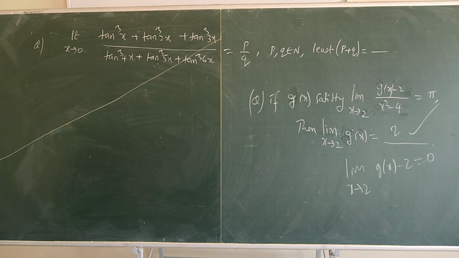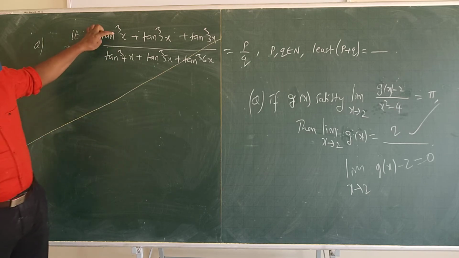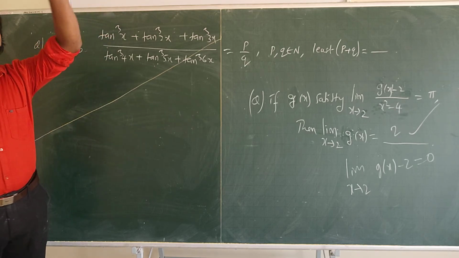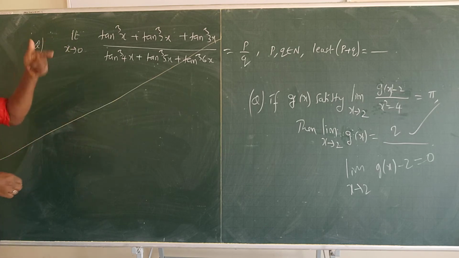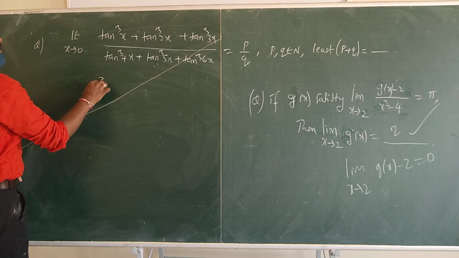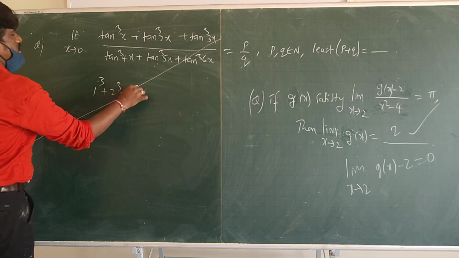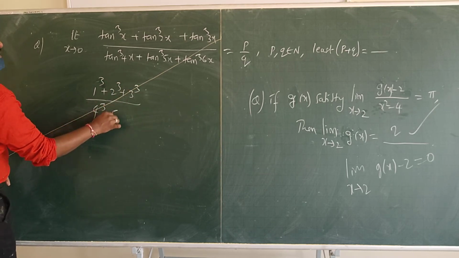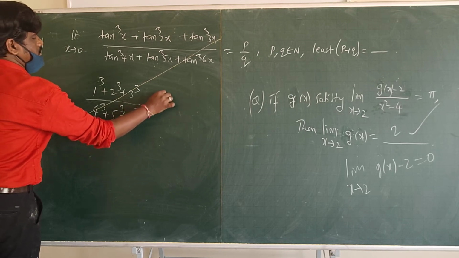1. Do the calculation in your mind. Here tan x by x cube should come. It is a cube, so x cube. So what do you have to get? Directly if I say the answer, what is the answer? You know, 1 cube. I can write here 1 cube plus 2 cube plus 3 cube divided by 4 cube plus 5 cube plus 6 cube is equal to p by q. Done, over.